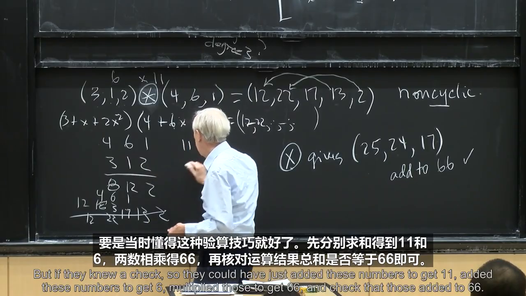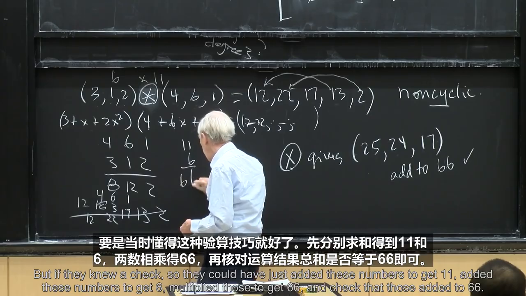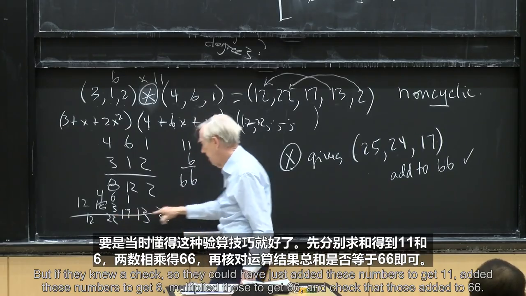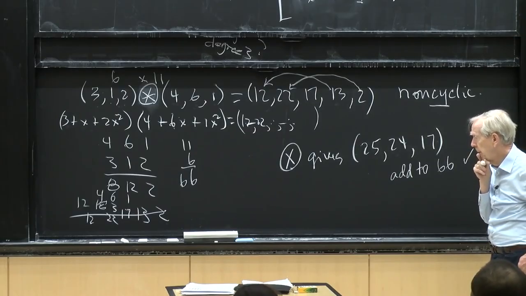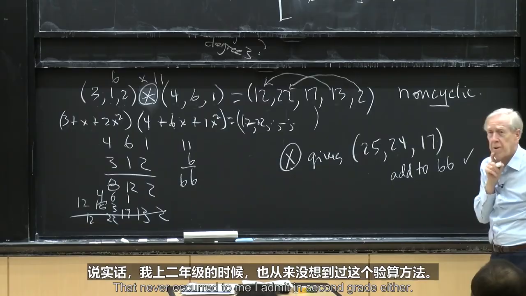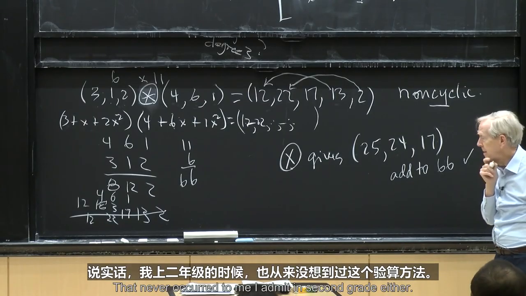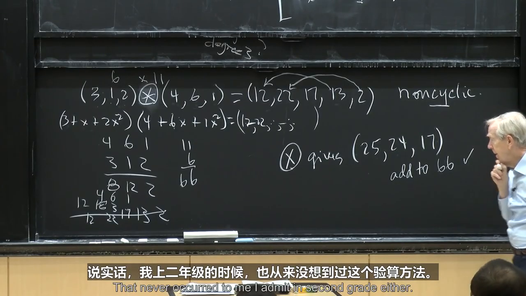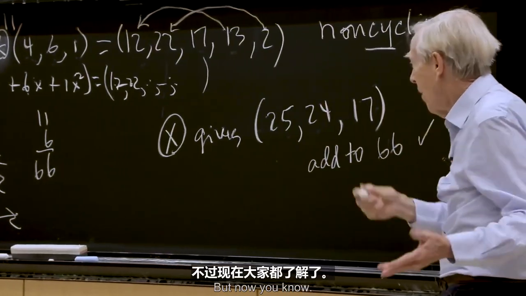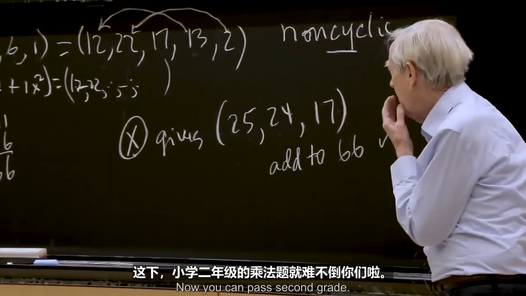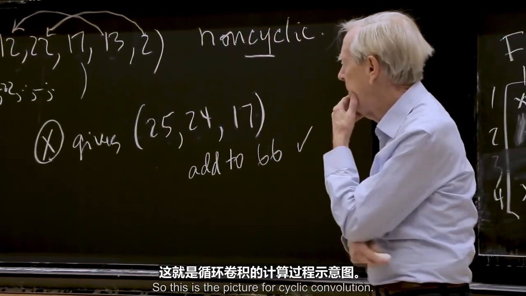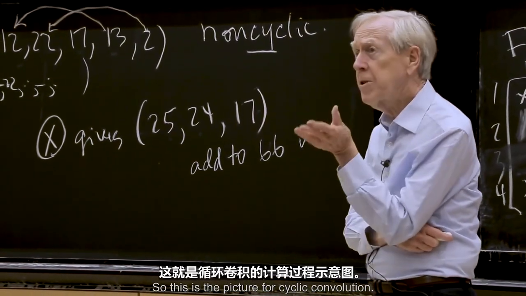But if they knew a check, they could have just added these numbers to get 11, added these numbers to get 6, multiplied those to get 66, and checked that those added to 66. That never occurred to me, I admit, in second grade either. But it's a good thing. Now you know. Now you can pass second grade. Okay. So